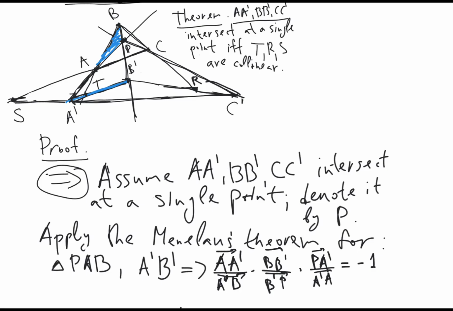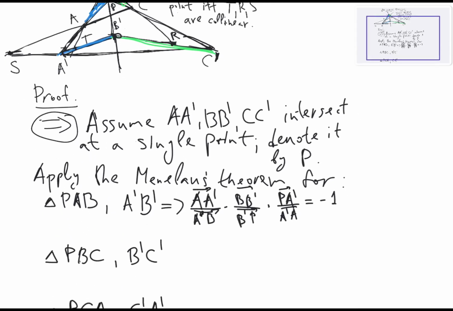So now the second triangle would be PBC, so this triangle, and the line B prime C prime. So again, this line intersects the extensions of the sides and the points B prime, R, and C prime. So the Menelaus theorem would be